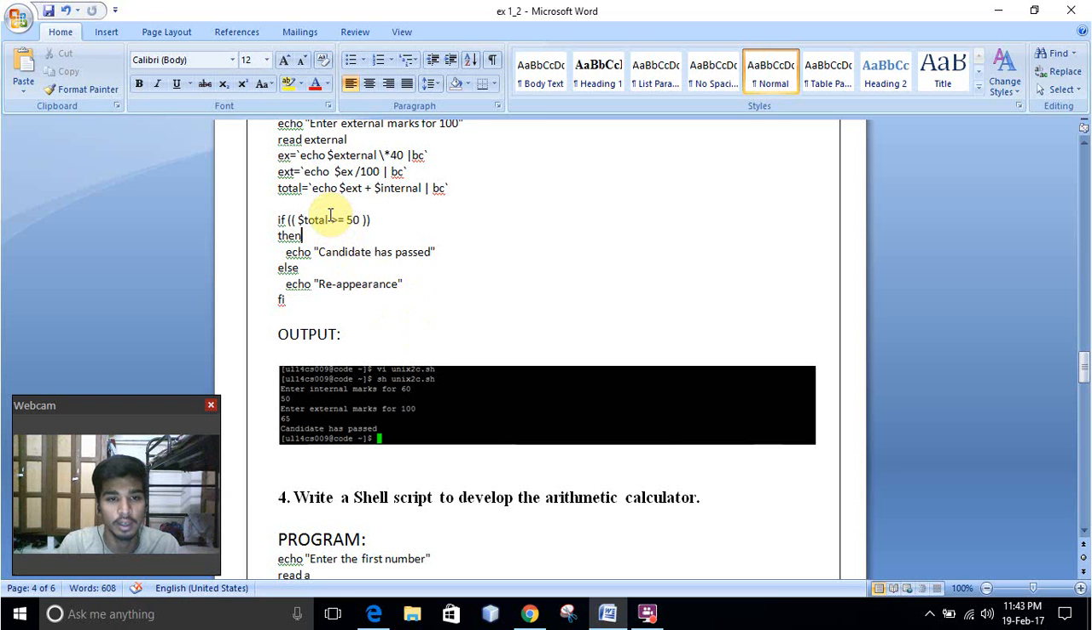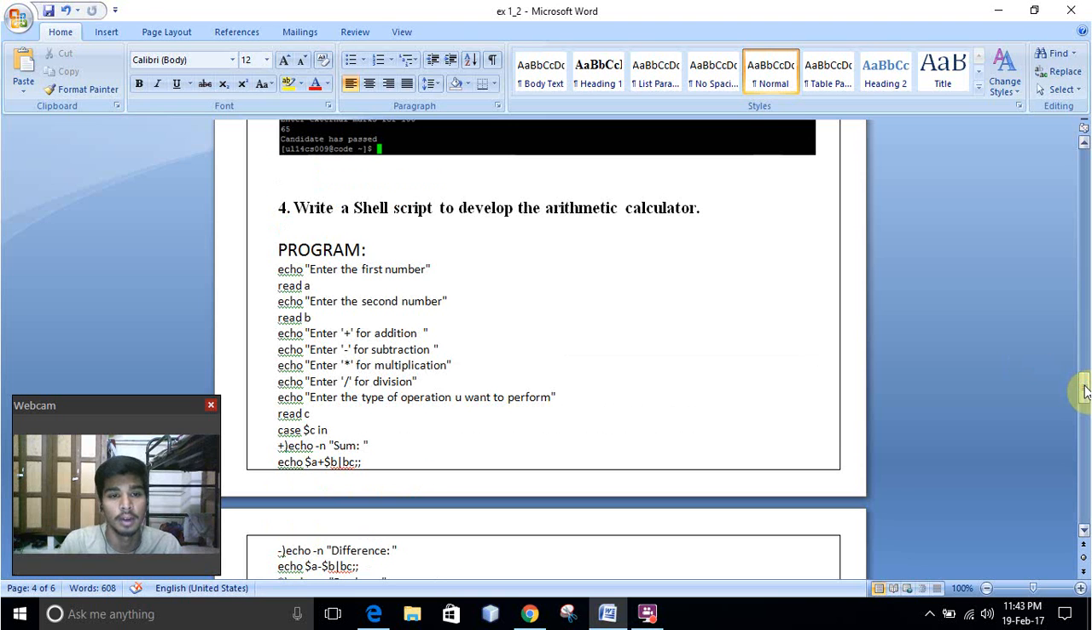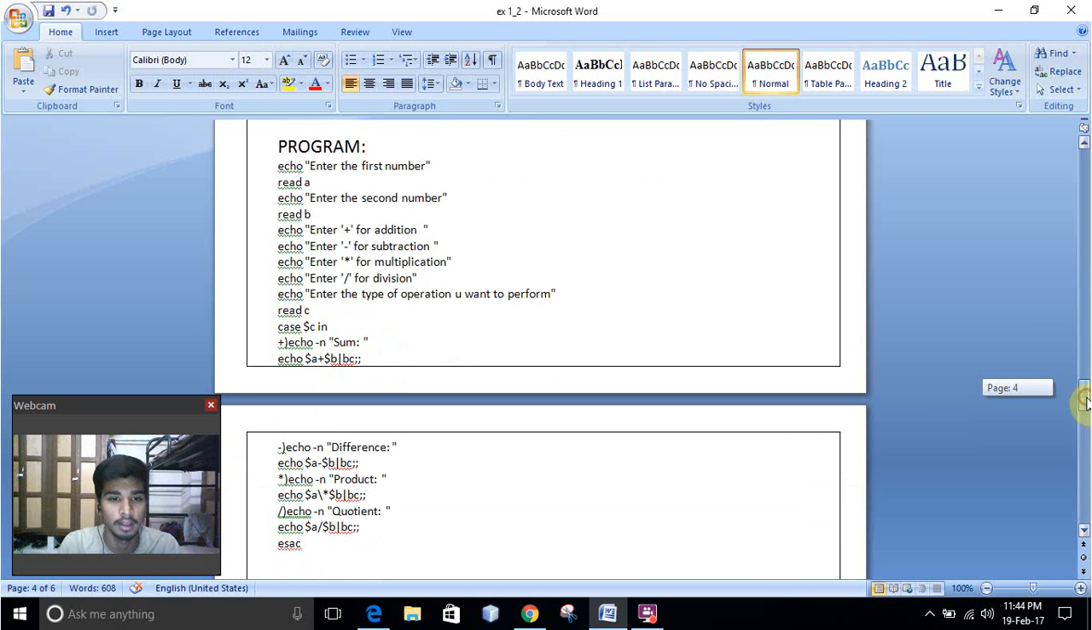If we look into the condition, total mark greater than or equal to 50, here the candidate should come as pass. Then write a shell script to develop the arithmetic calculator. Here for using the arithmetic calculator, we need to give two variables, for the first number and second number. And for entering the arithmetic operations: plus for addition, minus for subtraction, star for multiplication, asterisk, then slash for